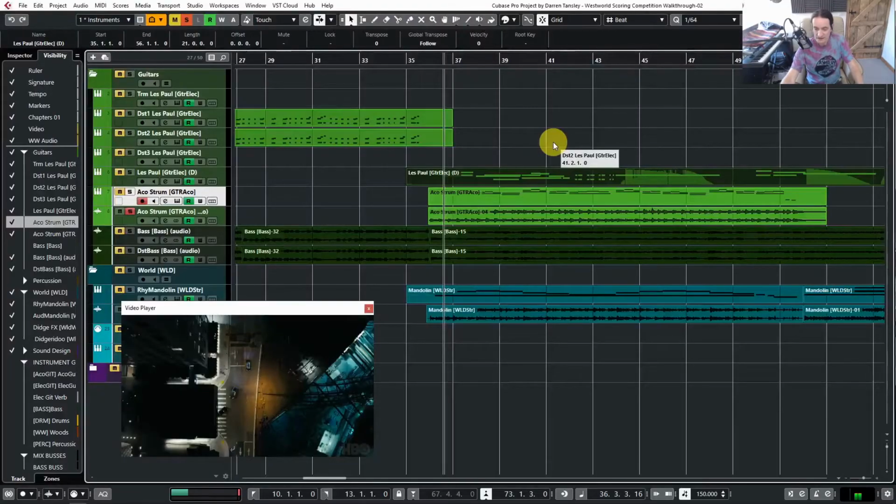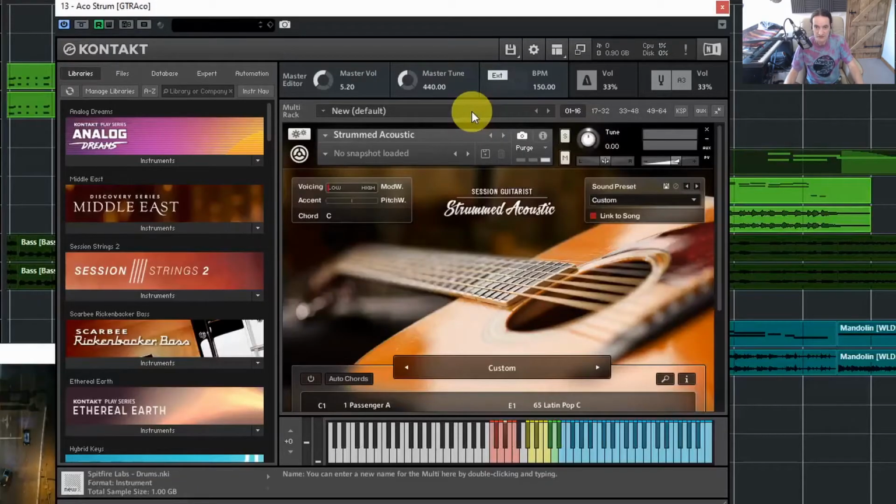For the acoustic guitar, I'm using Native Instruments Strummed Acoustic. I like that because it has a very natural sounding feel to it, and you can play your own chords in, which is great for a keyboardist like myself. I do play a bit of acoustic guitar, but I don't think I could record it as well as the VST instrument is recorded. And then for the mandolin, I've got